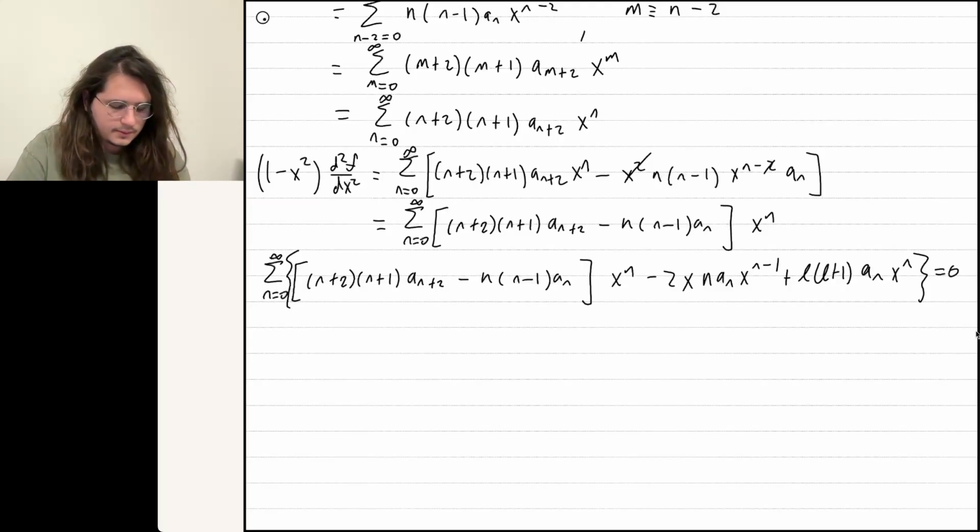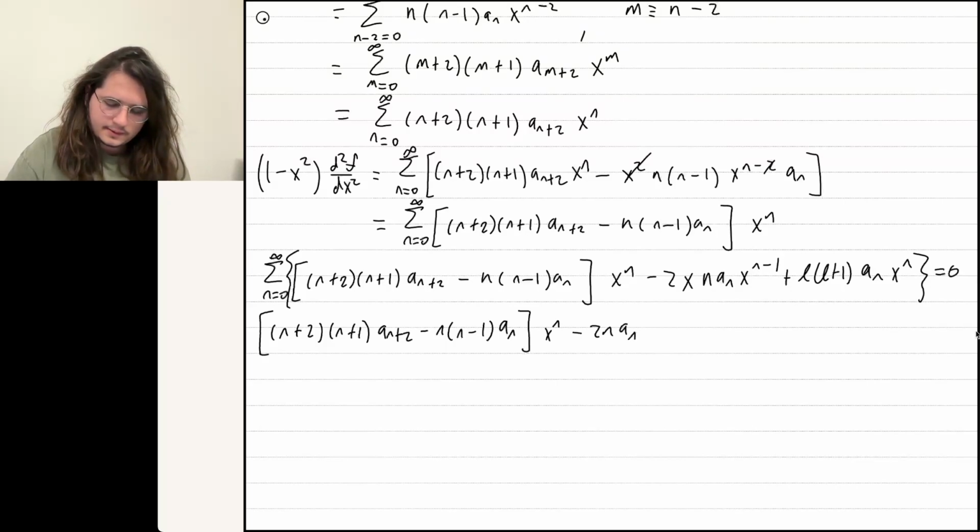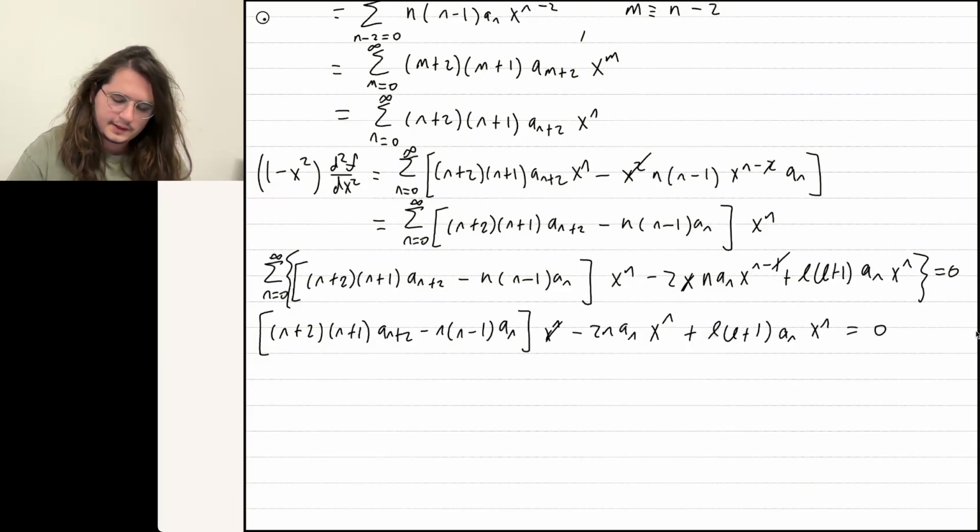So we can just keep this part proportional to x to the n that we got going on right here, minus 2 n a sub n. This x cancels out this minus 1, so it's just x to the n here as well. This is also just x to the n. So let's cancel out all the x to the n's